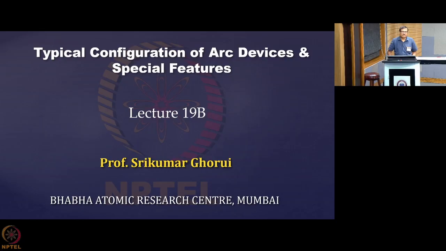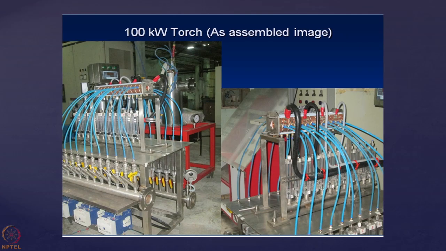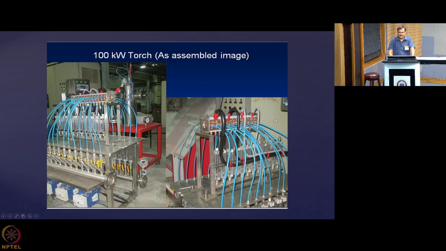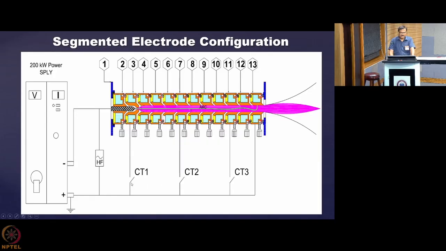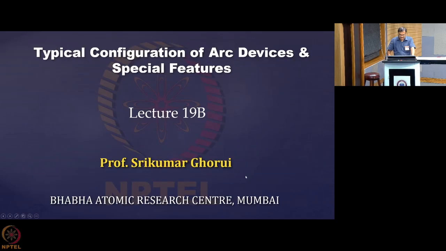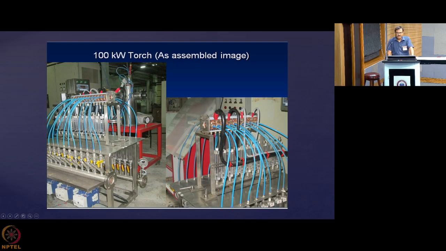In this class, we will be dealing with a bit more details of these arc devices. So this is how one actual arc device looks. The thing that I was telling you, the segmented kind of structure. What you have seen over there is that there are three switches, CT1, CT2, CT3. I will just show you over here. These are the CT1, CT2 and CT3, and this connection is the cathode connection, and finally there will be one anode connection.